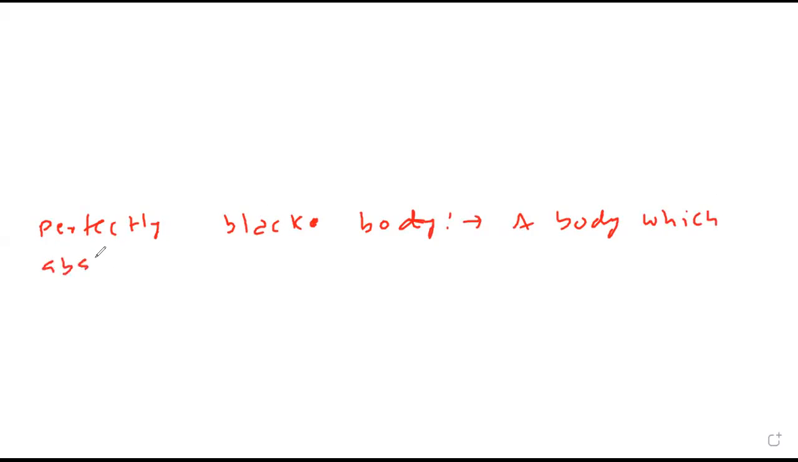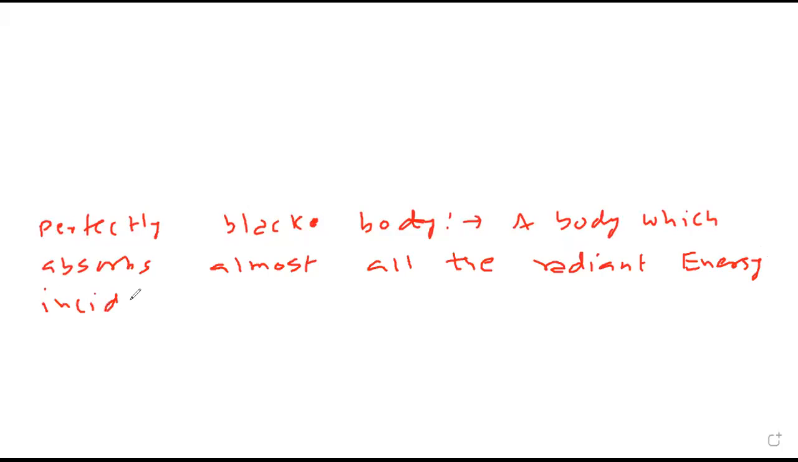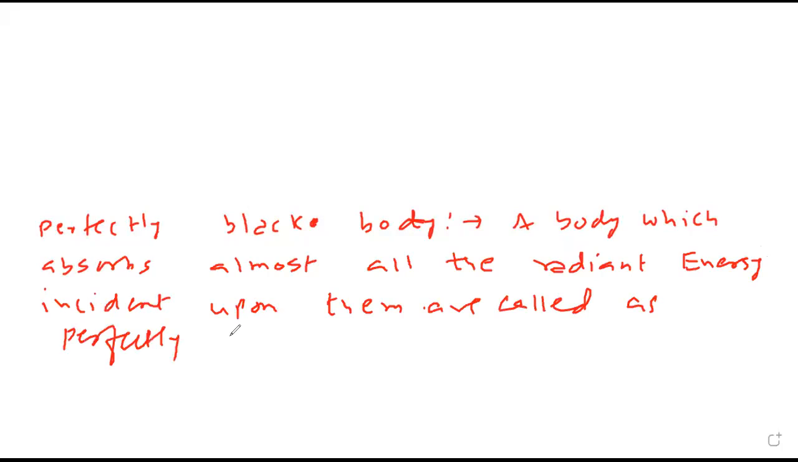What is a perfectly black body? A body which absorbs almost all the radiant energy incident upon it is called a perfectly black body. That is, coefficient of absorption is